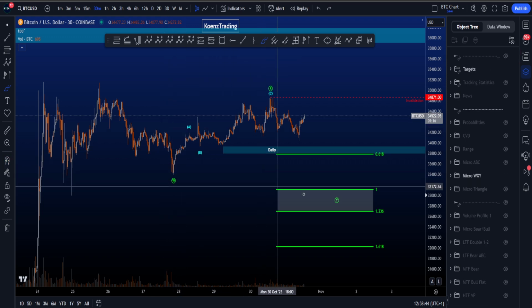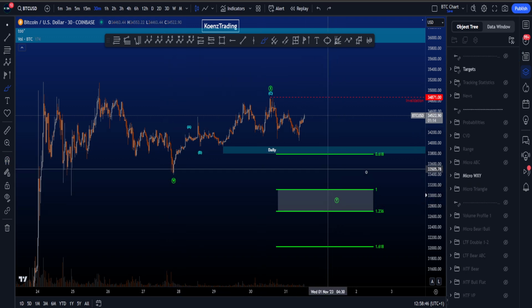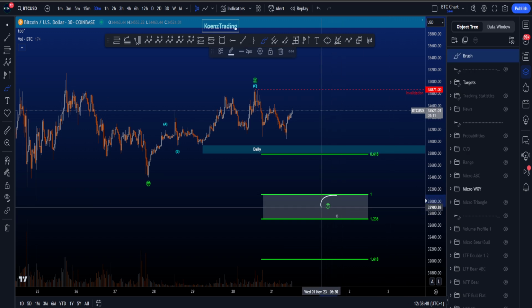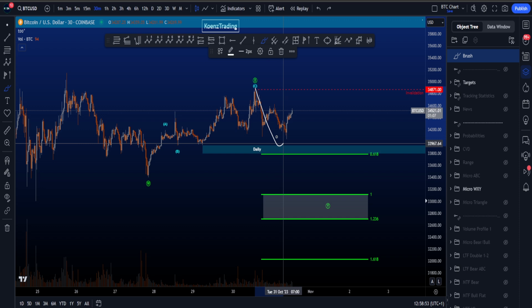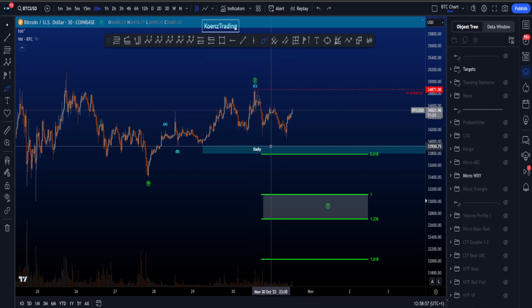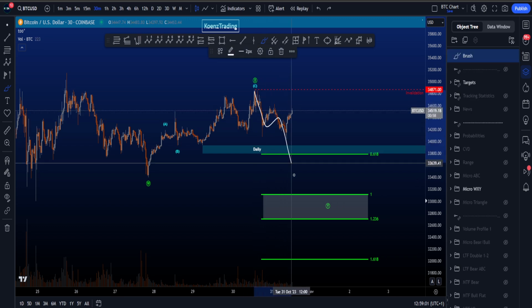Wave W is a flat, so then you're going to be looking for wave Y to be a zigzag. But for wave Y to be a zigzag to the downside, again, you want to see price moving down in 5 waves and not in 3 waves like it does over here. So the probabilities decrease as well for this particular scenario, because you want to see bigger moves to the